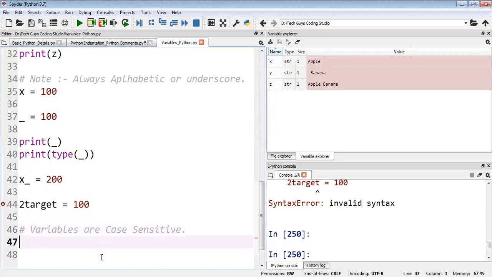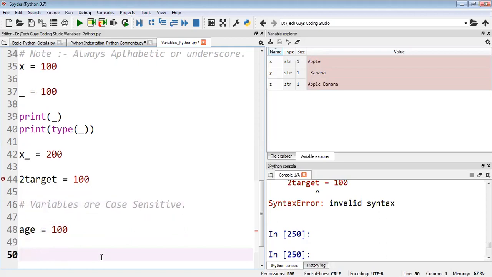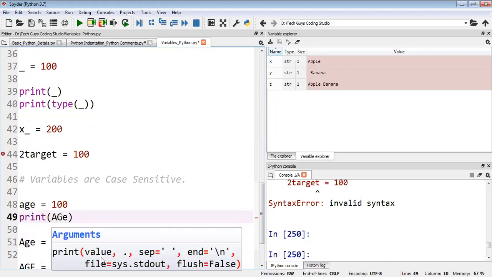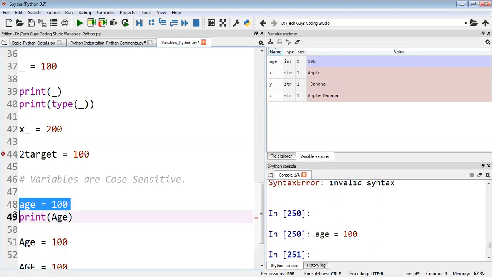For example, if I've written a variable like Age is equal to 100, and now if I write print and age here, and check, it will show an error.